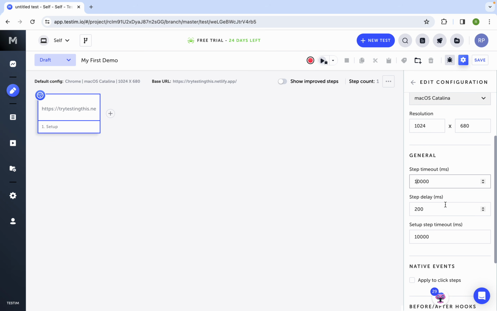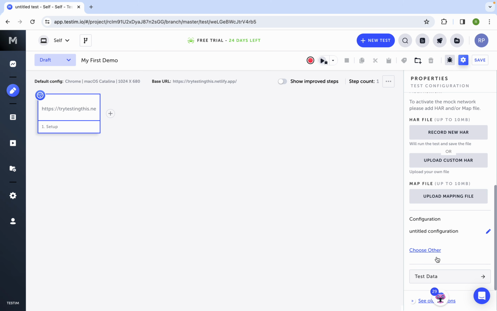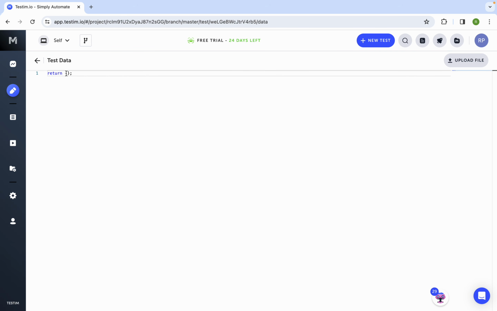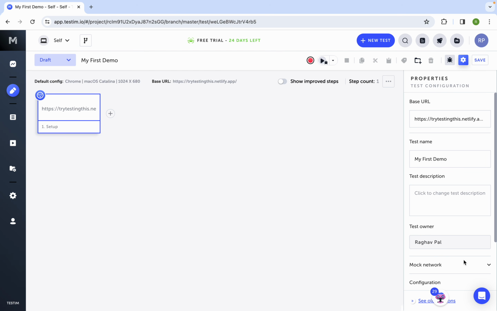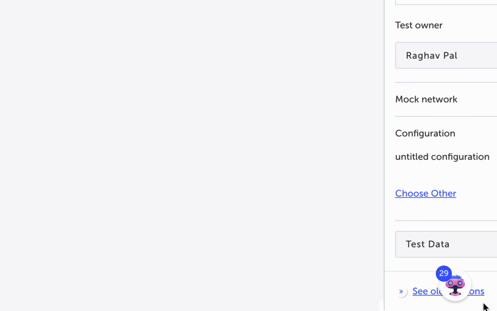We have the step delay in milliseconds, setup step timeout here. Then we have all these native events. We can also set before and after hooks from here, and then there is also an option for test data. In case you want to give some test data, it will take you here. Here we can add a JavaScript for test data, and then we also have an option to upload the file from here. I will go back, and then you can see here at the bottom we have a link that says